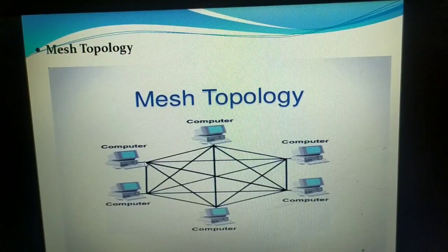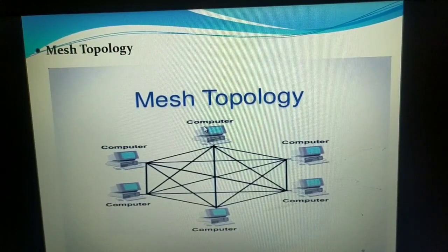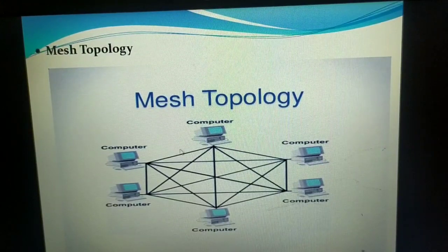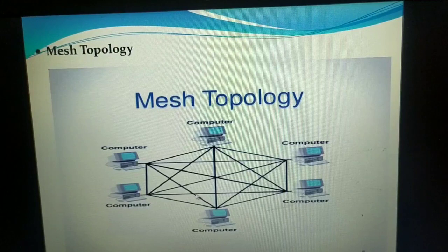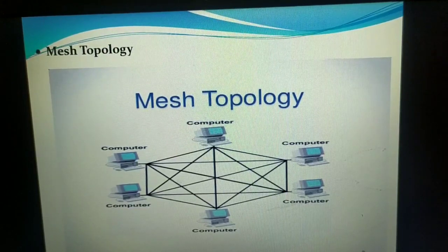Let me explain with an example. Let me consider this to be the source and this to be the destination node. My data packet can directly move to the destination by using this direct link, or my data packet may take an alternative path. That means the data packet may arrive at this node, and then from this node it may go to this node. That means it is taking an alternative path. So when each and every node is connected to each and every other node, either by a direct link or an alternative path, I can say that my network is fully connected, and I can use the term full connectivity here.